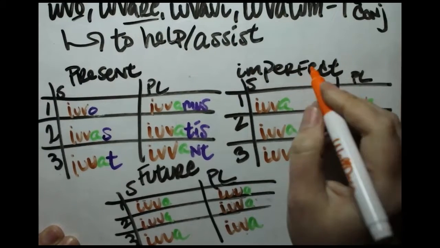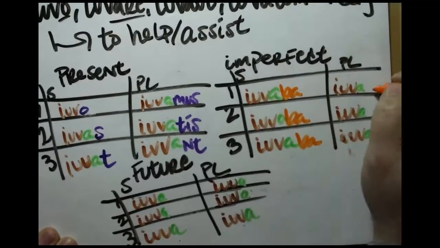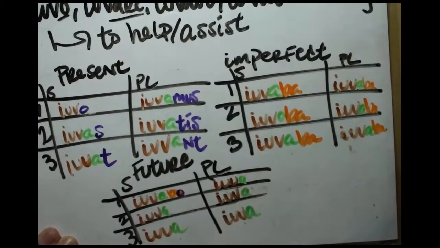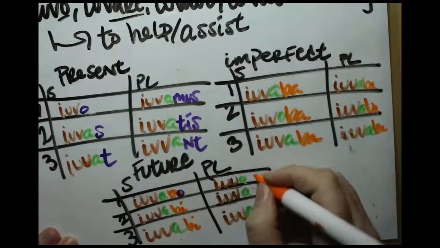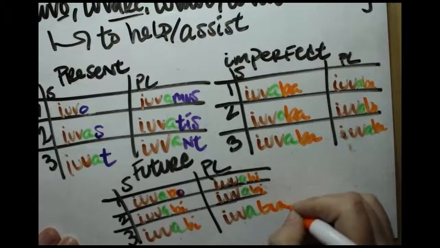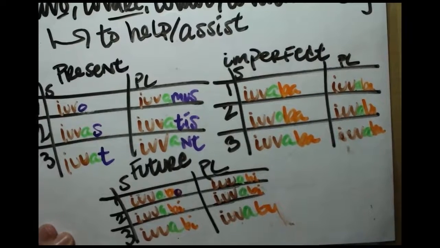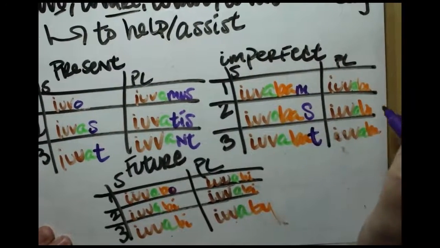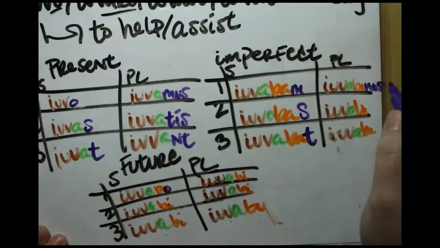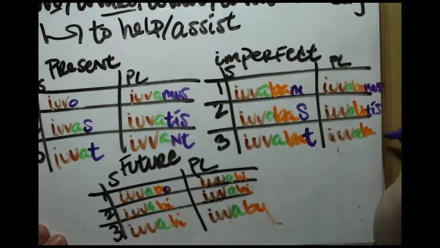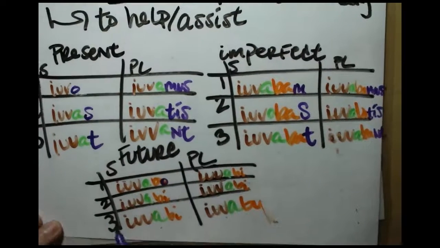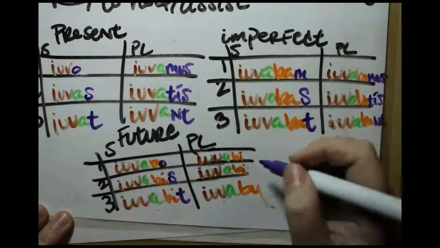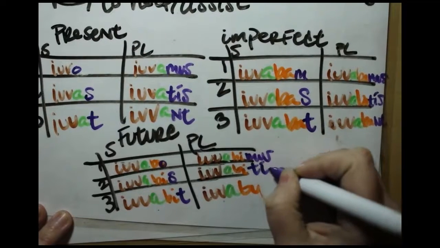Imperfect and future get their tense indicators. It's always BA in imperfect. BO, and that's the ending in future. BI for everything but third person plural. And then personal endings. Iuvabam, I was helping, I used to help. Iuvabas, you were helping, you used to help. Iuvabat, he was helping, he used to help. Iuvabamus, we were helping, we used to help. Iuvabatis, y'all were helping, y'all used to help. Iuvabant, they were helping, they used to help. Future, iuvabo, I will help, iuvabis, you will help, iuvabit, it will help, iuvabimus, we will help, iuvabitis, y'all will help,